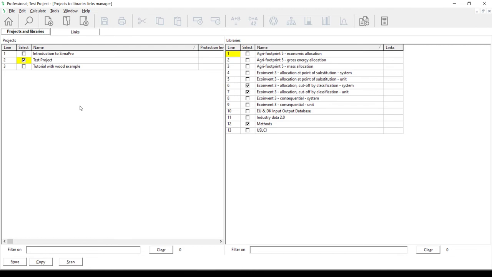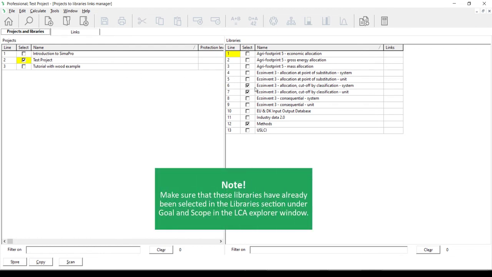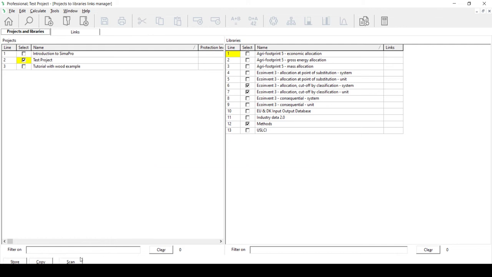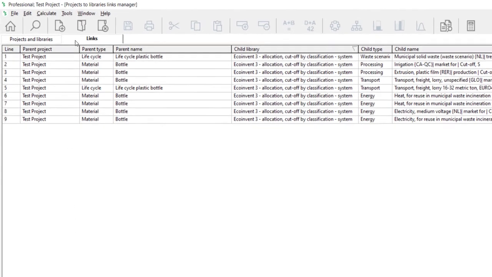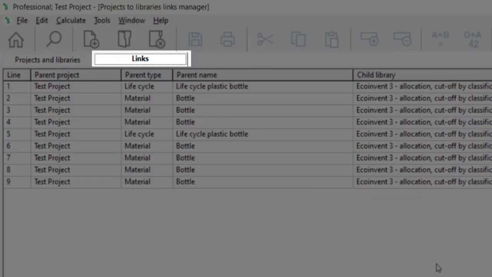Select the projects you want to change the links. Then select the eco-event libraries where you want to replace the links. In this case, I use the eco-event cutoff by classification, system and unit libraries. Next, click Scan. You will be redirected to the tab Links where you can see the overview of the links